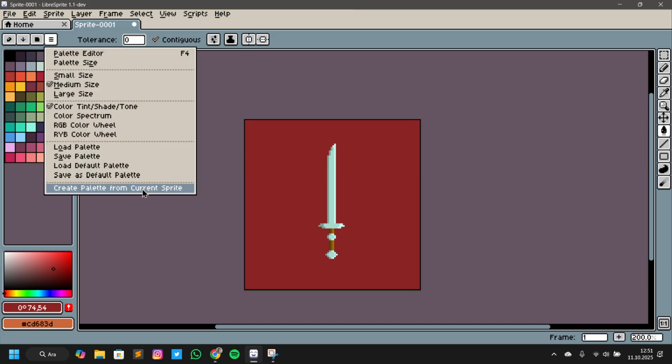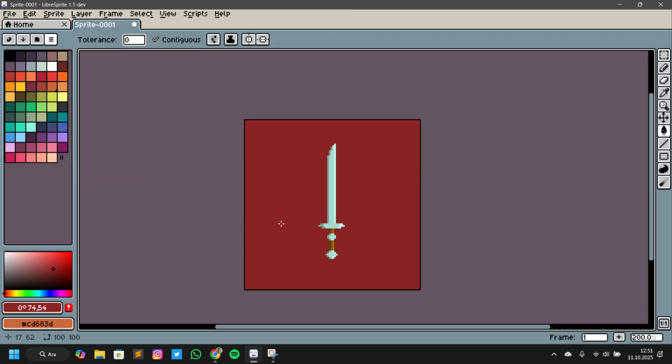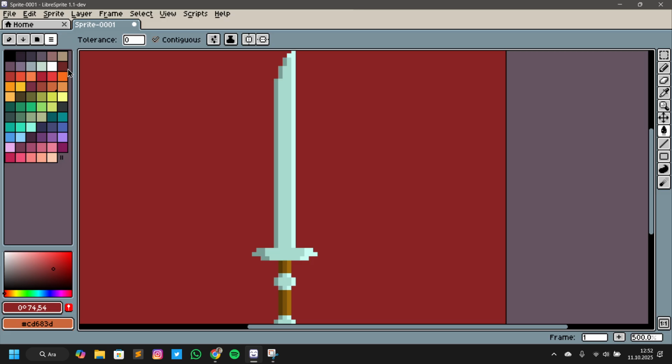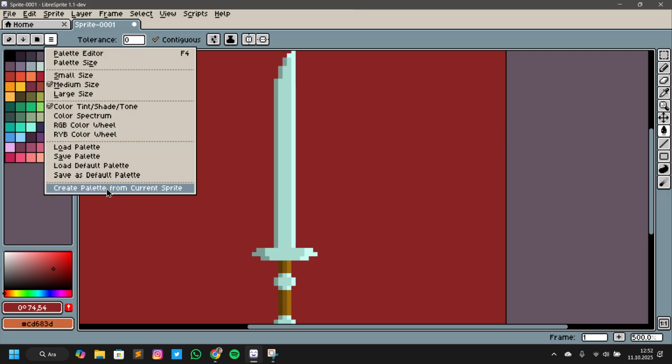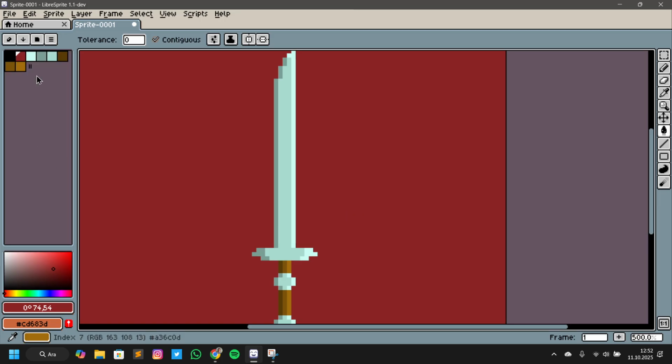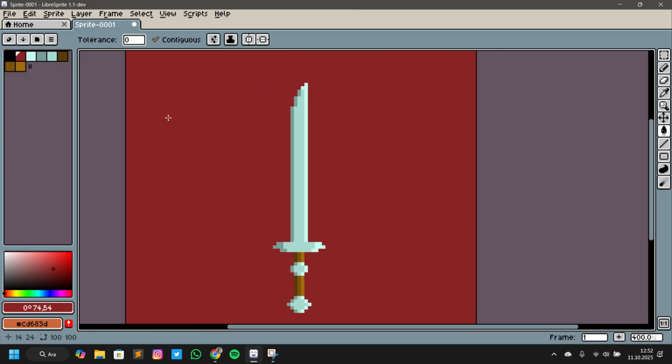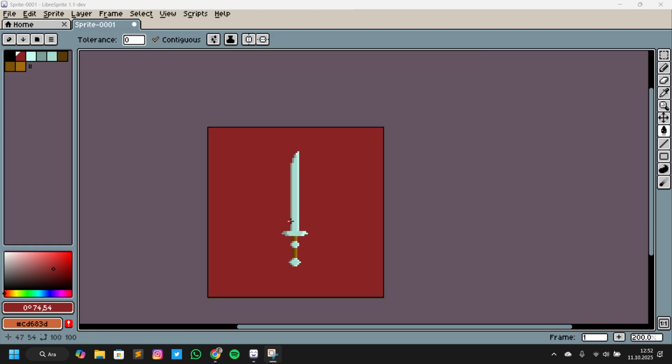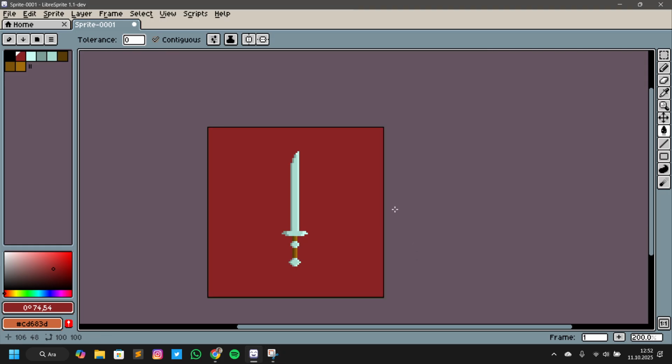And I will also show you some other option from here. Create palette from current sprite. It means that you can create a palette with the colors from here. Like if I click this button and make it like, actually 10 is okay. So let's create it. You can see there is a color palette from our current canvas. So that design I think okay,